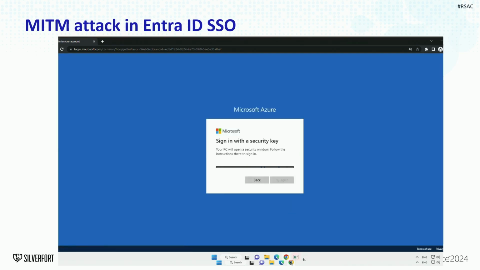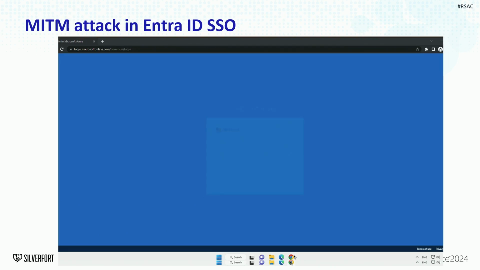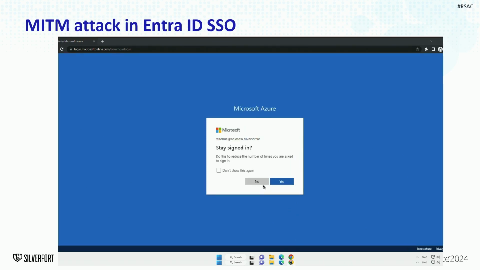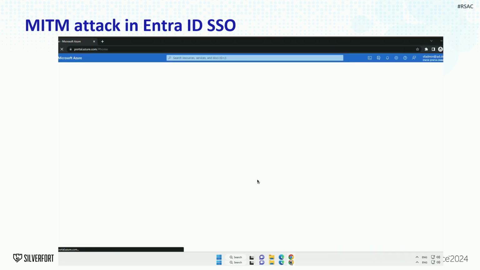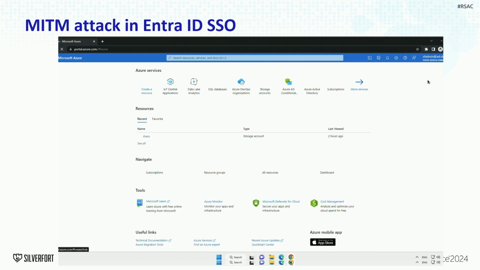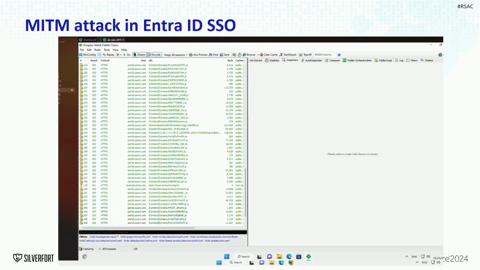I used my security key, I entered my security PIN code, and I successfully signed in. And we can see all the sensitive data that I use.